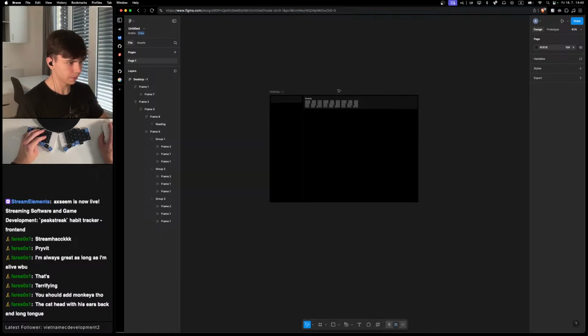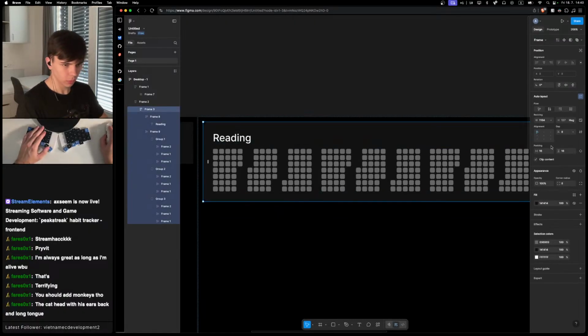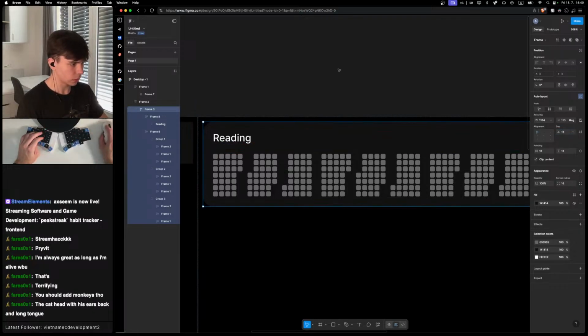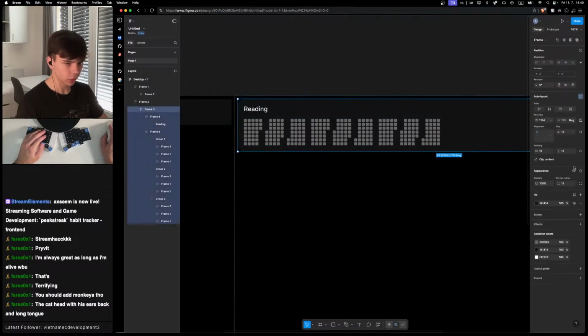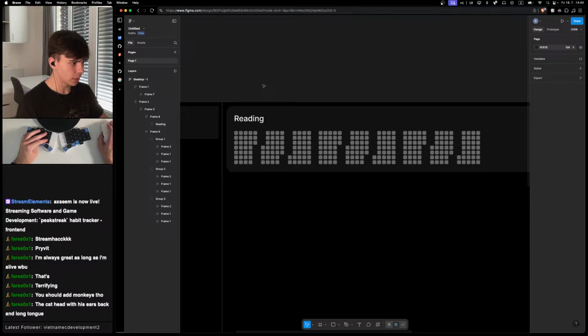This one looks better. Yeah, let's increase everything. I want to increase radius. I want to increase gap to 16. Actually, radius is way too big. Let's make it 12. Yeah, and then